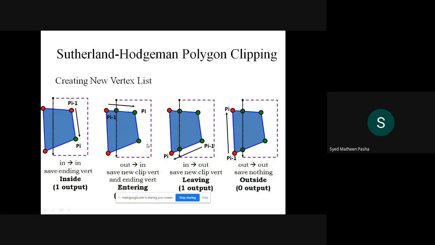Check out in the second part, the line is entering into the window. This line is entering into the window. And the third part, it is leaving the window. And the fourth part, the line is already outside the window. So this is how you represent that particular clipping part with respect to each and every example of the 4 cases. So once this particular creation is done of how a particular vertex is being displayed with respect to each